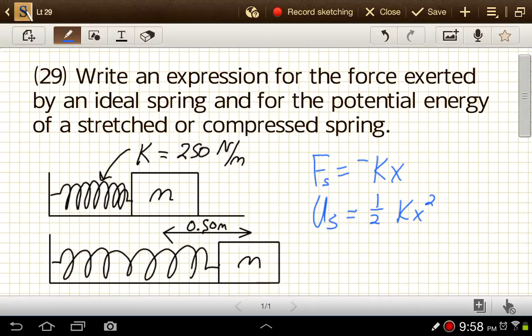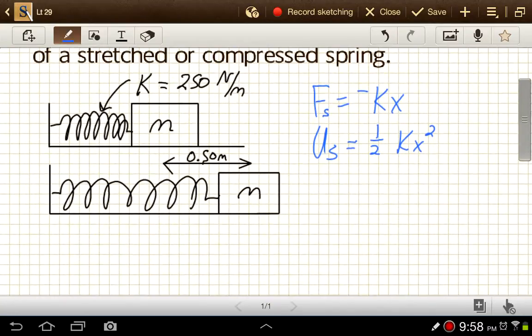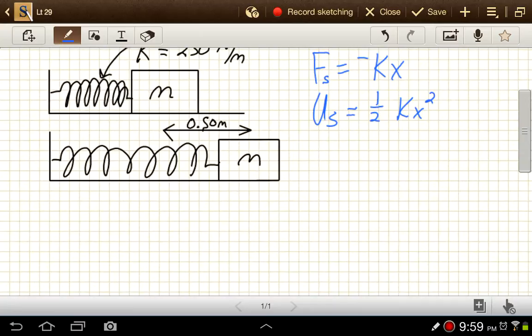So let's look at a couple of examples here. The spring shown has a spring constant of 250 newtons per meter. That means if we apply 250 newtons of force, we could stretch it or compress it by 1 meter. If we applied 500 newtons of force, we could stretch or compress by 2 meters, and so on. And then from the relaxed position up here to the stretched out position, you can see that this mass m has moved a distance of 0.50 meters. So we'll find out what the force from that spring and what the potential energy from that spring would be